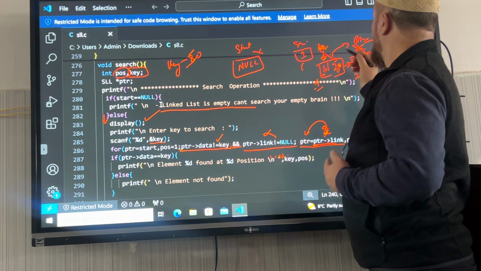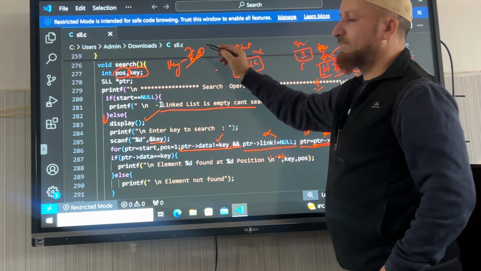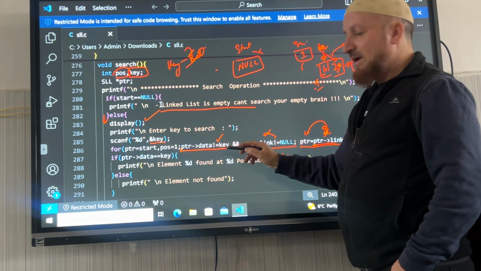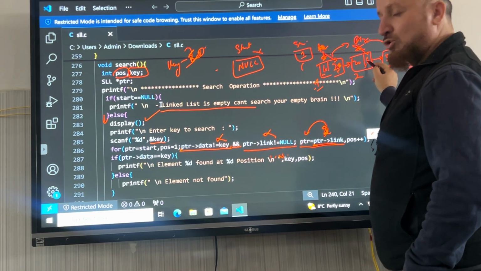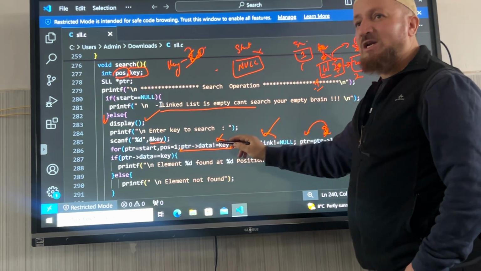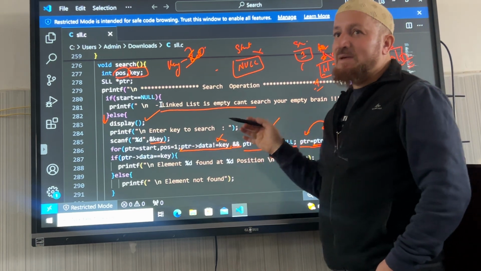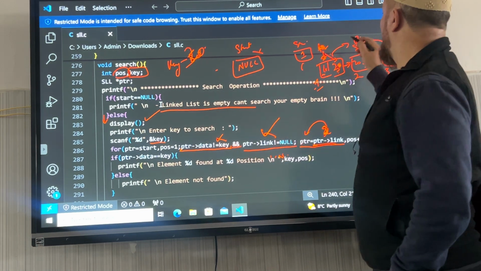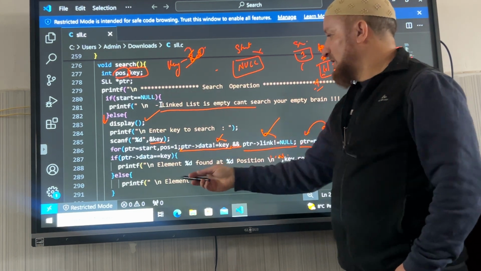अब फॉर एग्जांपल, जब मैं ptr यहां पे पहुंचा था, मैं 20 ढूंढ रहा हूं। क्या ptr एरो डेटा की के बराबर नहीं है? तो ये फॉल्स हो गया ना। क्या ptr एरो लिंक नल नहीं है? ट्रू, नल नहीं है, क्योंकि इसके बाद नोड है, तो ये वाला ट्रू था, मगर ये वाला फॉल्स था। एंड में दोनों होने चाहिए। इस सूरत में भी ये बाहर आएगा। मगर इस वक्त जहां पे ptr है, ptr एरो डेटा की के बराबर है तो ये इफ ट्रू हो जाएगा।